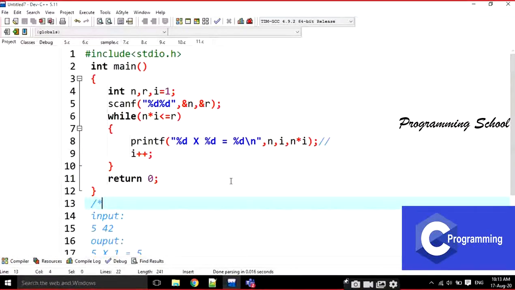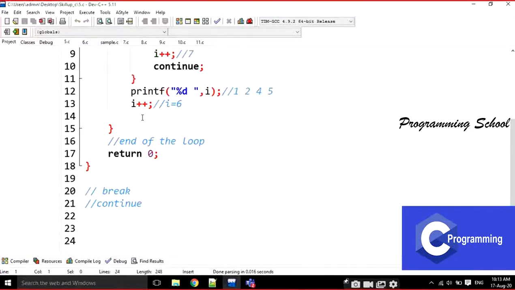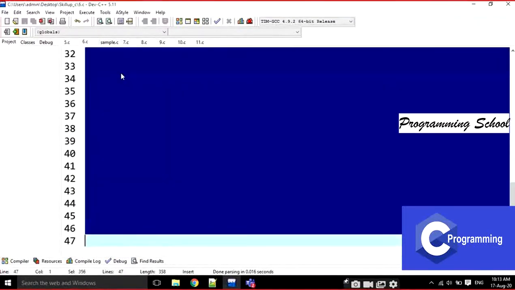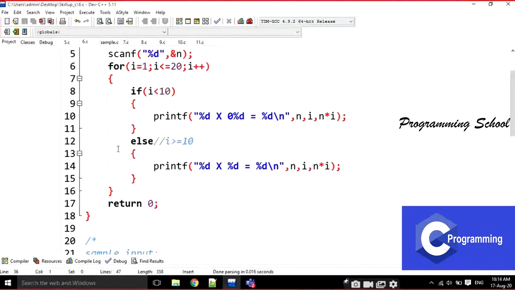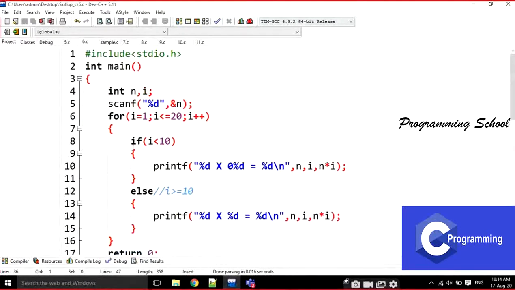First of all, what is a for loop and what is a while loop? When do we go for a for loop and when do we go for a while loop? When we go for a for loop, it means we know the exact condition, exactly where I have to stop. My output, as this question says, is that I am going to start at 1 and I have to stop at 20. I am going to do only 20 steps for every table.